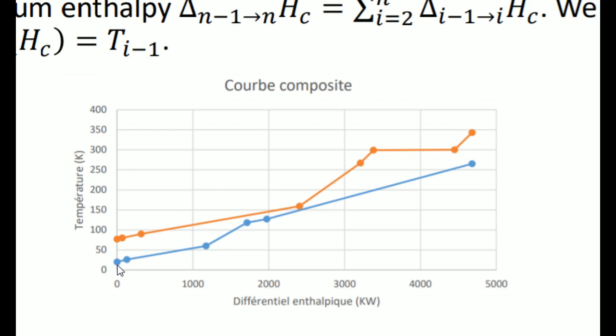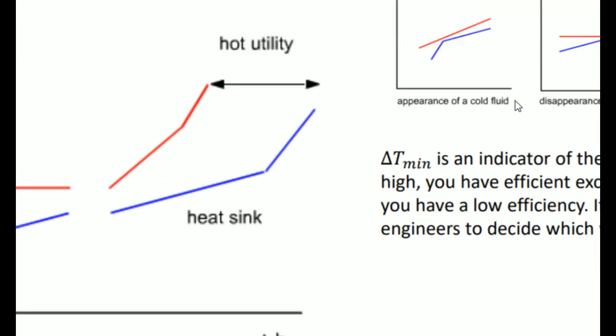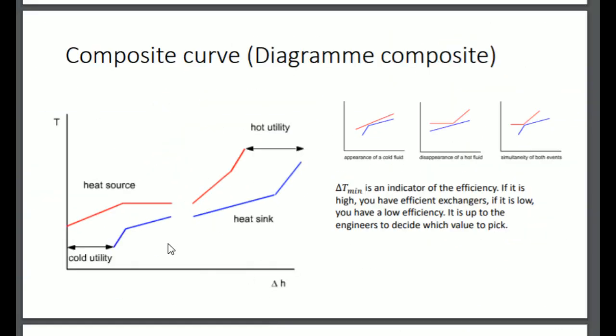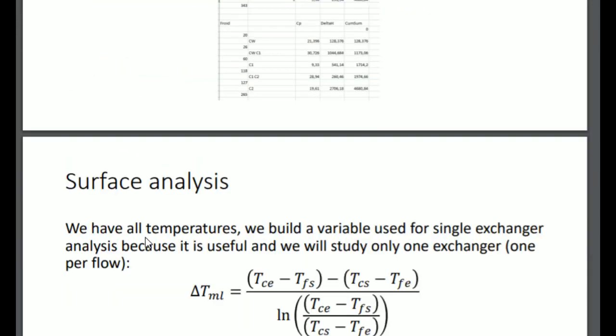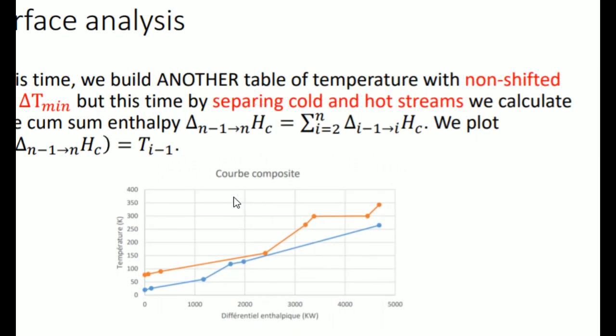When you want to build a courbe composite with utilities, you just have to shift the cold with the cold utilities. So you shift it that way, and then that will shift the whole curve, and then this part will appear, the part with the hot utilities, similarly to the diagram above that was here. Here. So my diagram has cold utility equal to 0, and you just have to shift in delta H to have both hot and cold utilities appear. Now, obviously I built both, but what we'll do is study our courbe composite, so composite curve,